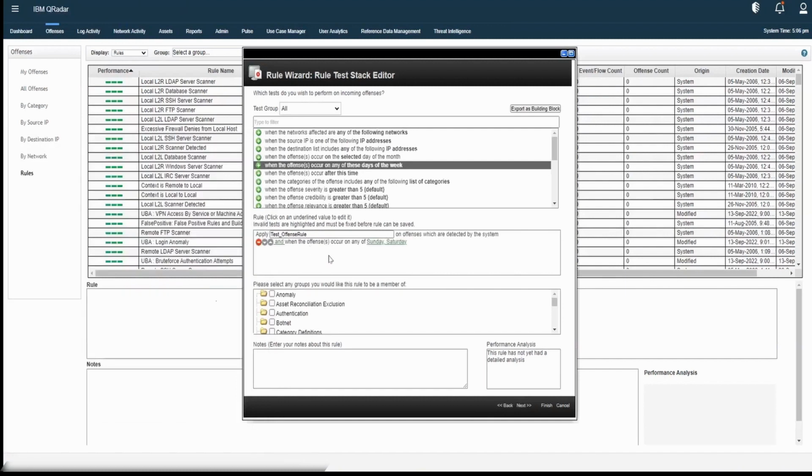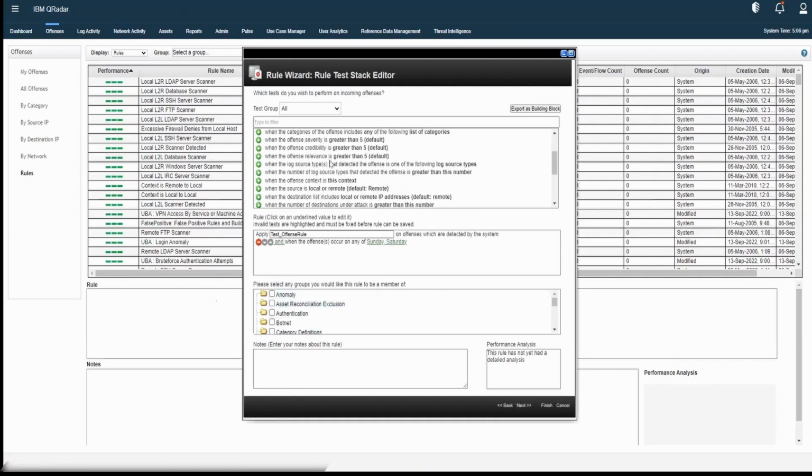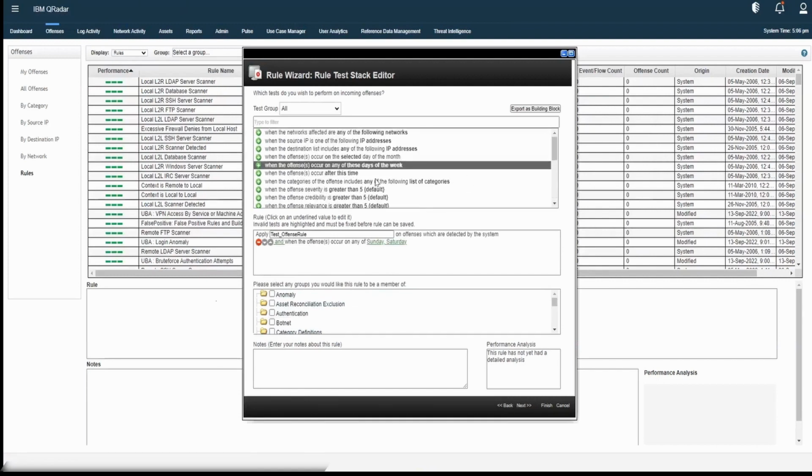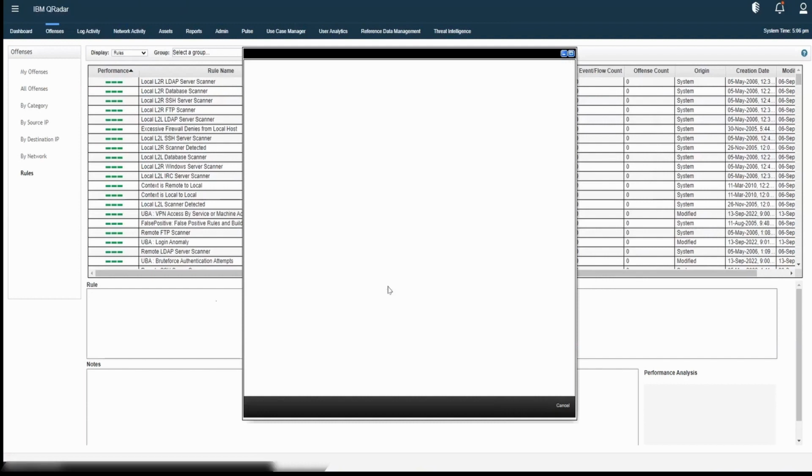This is an example of an offense rule. This rule will trigger whenever any offense gets generated over the weekend, that is Saturday or Sunday. There are, of course, other filter parameters that you can use here. But if you see, all of them are specific to offenses. Some look at offense severity, credibility, relevance, log sources that detected the offense, offense context. All the filter parameters present here are related to offenses. I click on next,